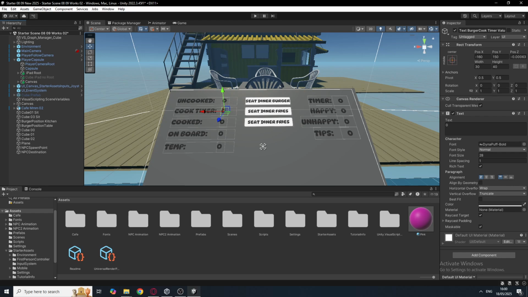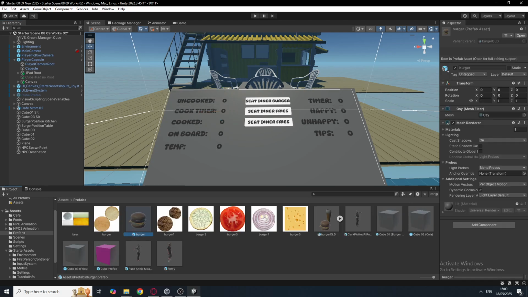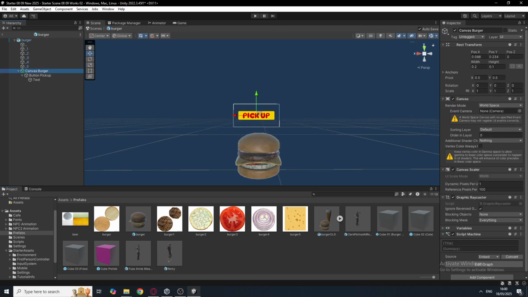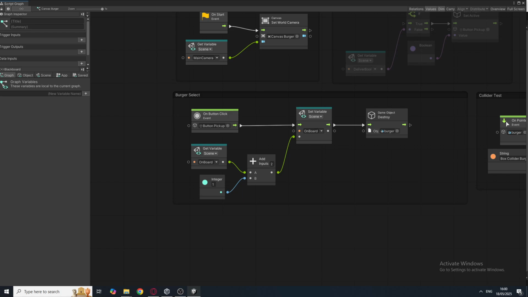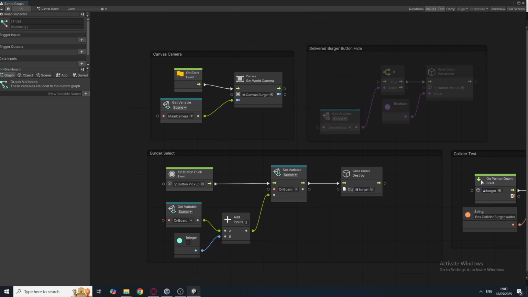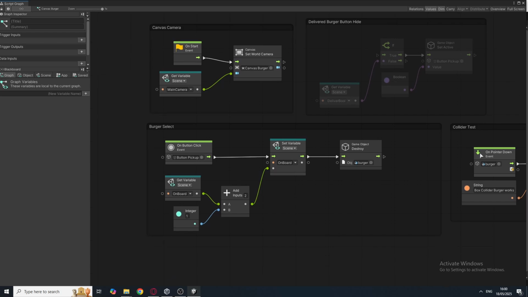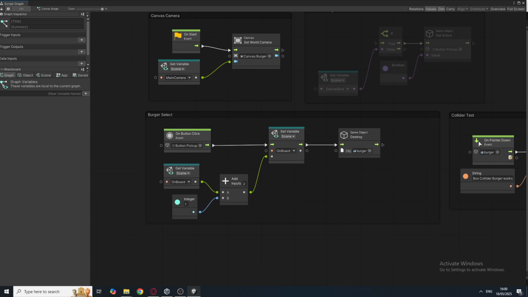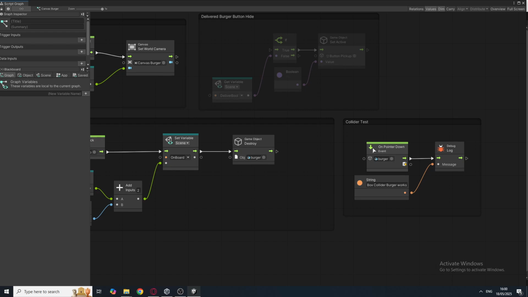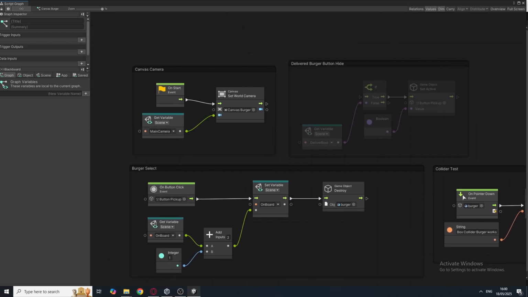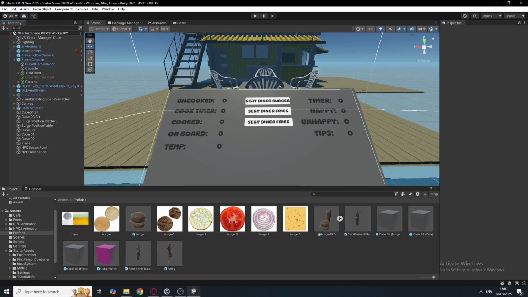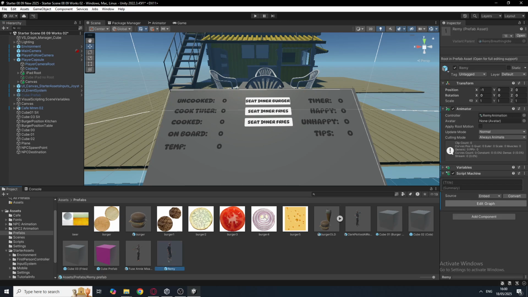Now I actually want to quickly go to the burger script machine. So in this, we just have a simple canvas camera, and this is the burger select. So when we click on the button, it updates the variable on board, so that it goes up by 1, as we can see on board, +1. And then we want to destroy the object from the scene, so it's not there, and this is just for testing. But yeah, so if we go to Remy now,